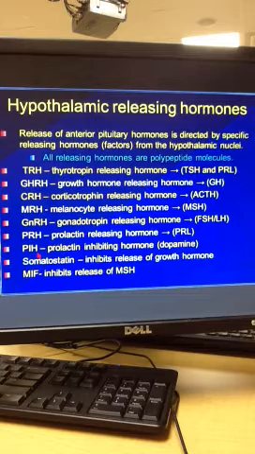And they at first thought it was a peptide, but they realized after synthesizing it that it in fact was a monoamine. It was dopamine, which is derived from tyrosine. Somatostatin, if something is static or creates stasis, it is inhibitory, so somatostatin inhibits the release of growth hormone. And then MIF is melanocyte inhibitory factor, which inhibits the release of MSH.